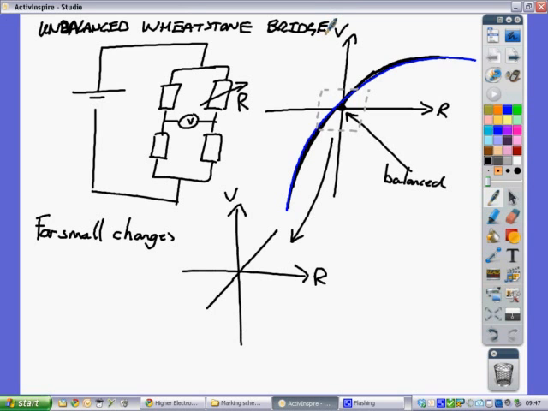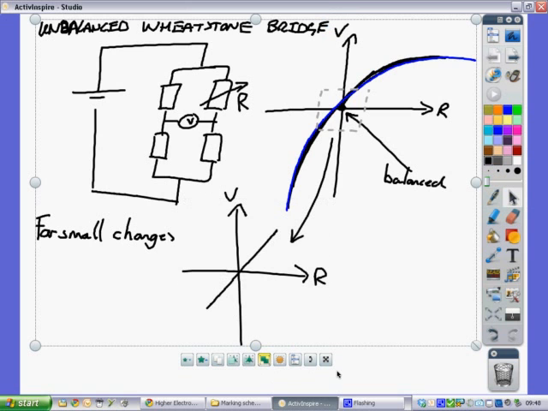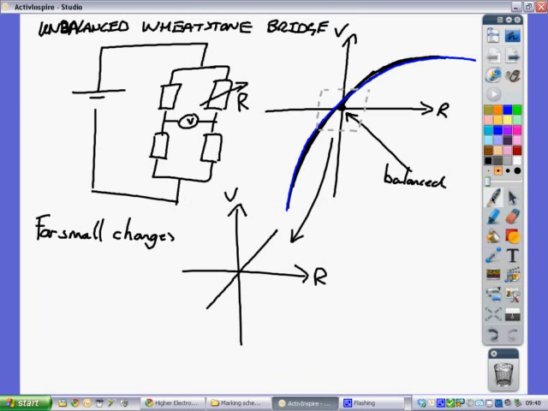Okay, so copy the diagram down to show that that's what it looks like. Copy the graph down to show it's a big curve. Then mark the little box and make that bigger to show that that's what you're going to get. And I'll select this bit here so I can move it about. Right, so make that bit bigger, move it down here. And the note we're going to write down is for small changes in the value of one of the resistors,